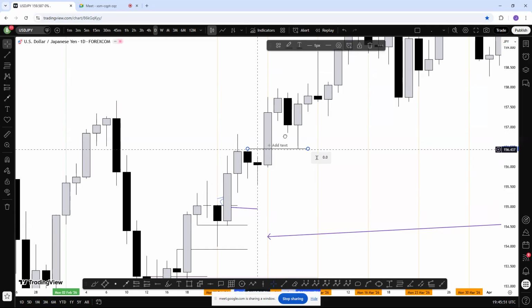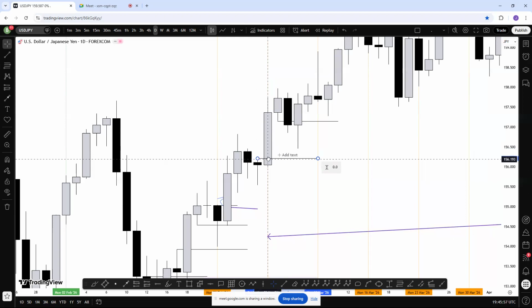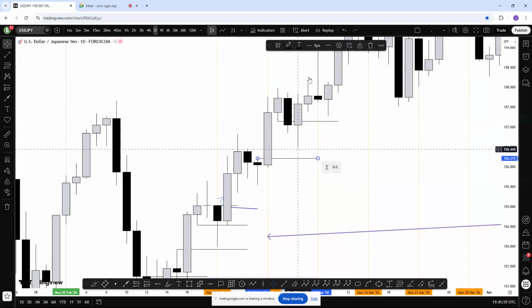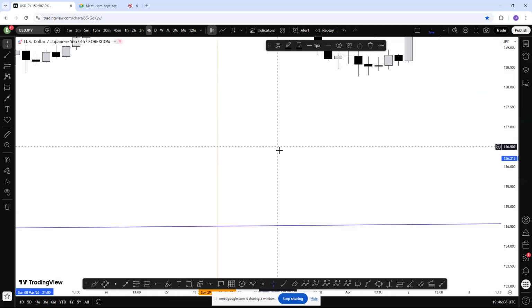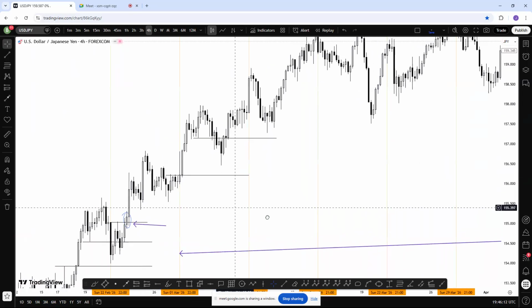At the same time, you have imbalance around here. So you have to be quick when it comes to seeing this. Now, for example, you want to find an opportunity to enter around here. You may use the 4 hour to see if there is an opportunity. As you can see,